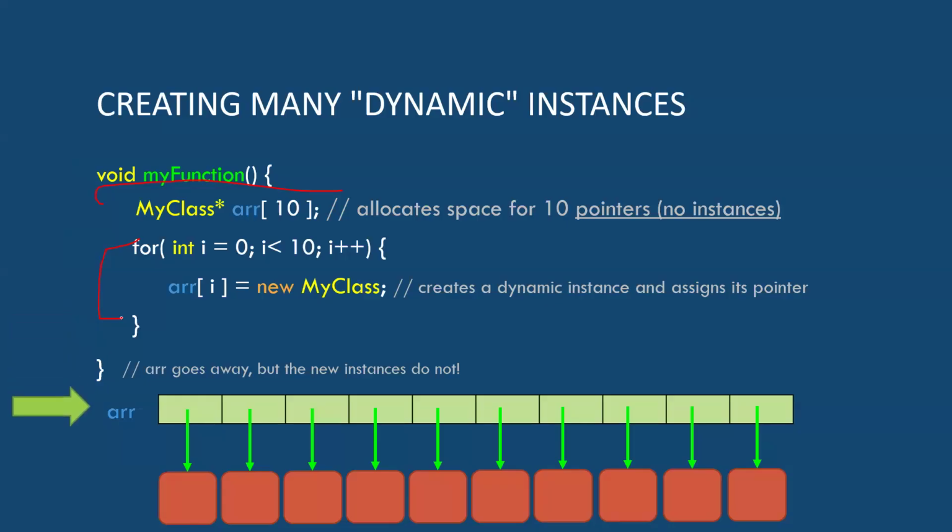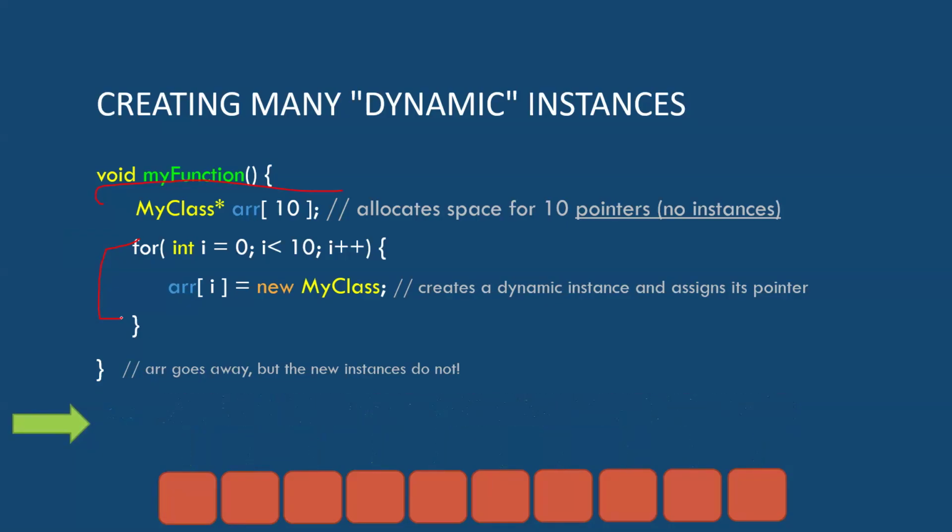Okay. And when we get to the bottom here, because of the way this code is written, we got a big memory leak. We forgot to delete these things, right? We created them and then we left them. And it's not so bad maybe that we didn't delete them right away, but we lost the array, right? The array that helped us find those things is now gone and we have no way of cleaning up our mess. So probably this is just a design error.